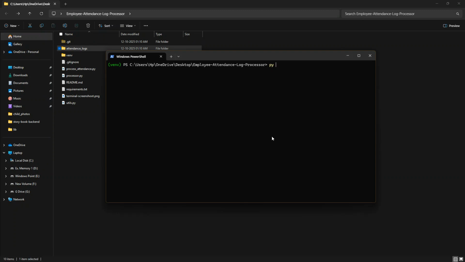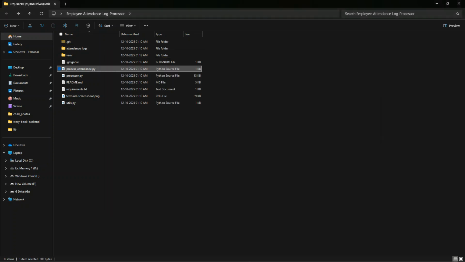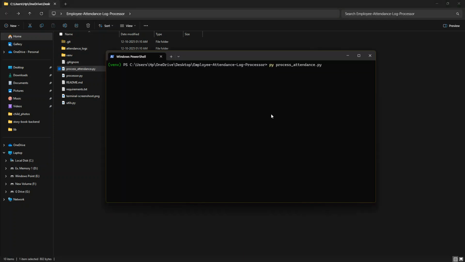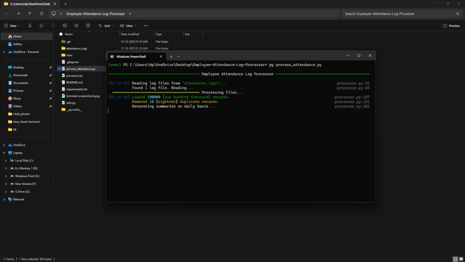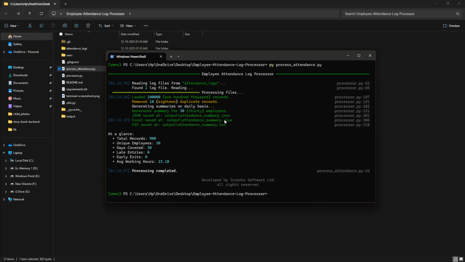It has almost 10,000 rows, so I'm going to run the py process_attendance.py script. As you can see, this one is the main script of this project. So I'm going to run it, and it will take the processor and utilities and other functions from that. As I hit enter, as you can see, there are very nice looking console logs and the actual summary at a glance